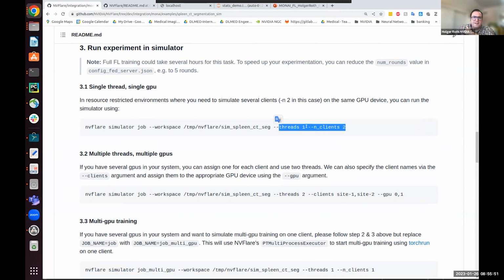If you're on a machine with resource limitations, say you have only one GPU, you can simulate n number of clients, and they will be executed sequentially. In that way, you can use the same GPU to simulate a large number of clients. It will take longer, of course. But just to show you this,